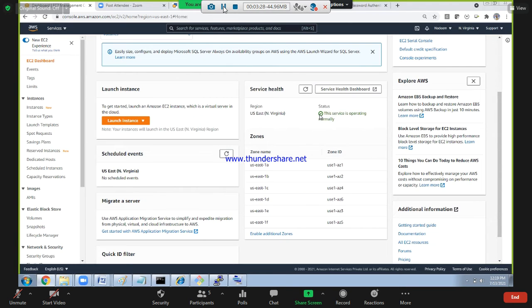North Virginia has 6 availability zones. They are also called AZs: AZ1, AZ2, AZ3, AZ4, AZ5, AZ6. 6 are there. Then in the dashboard,